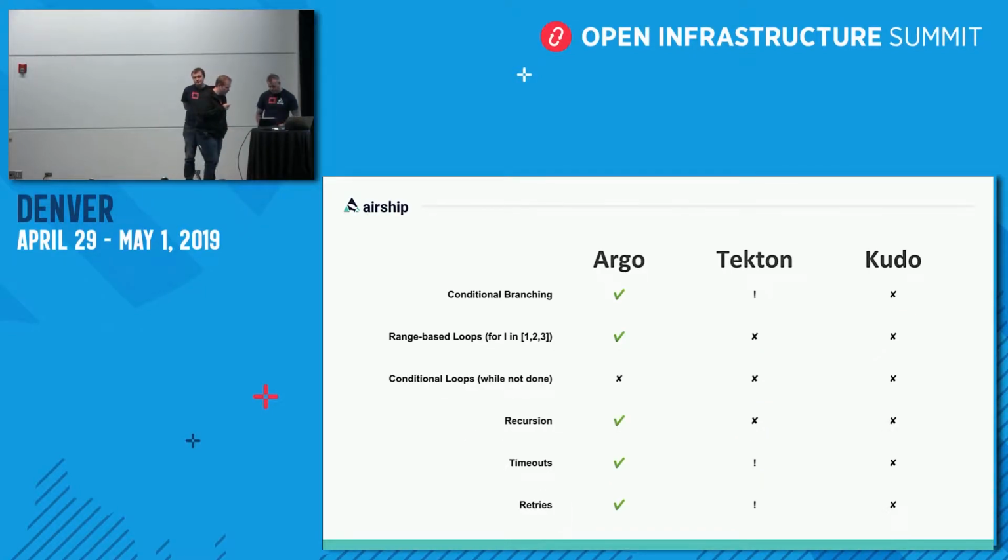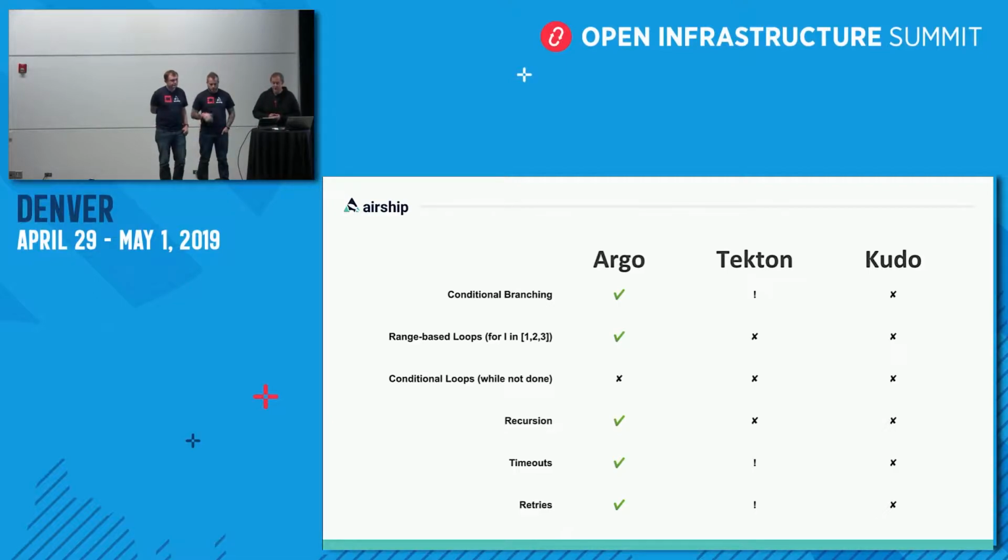So in this slide, we're going to introduce a new icon, which is the bang that you see up there. It's effectively not that it's not supported, but that it is on the project's roadmap. So we wanted to be fair to the future things that are being planned and are directly on that component's roadmap. So these items all fit into a particular bucket, and the perspective here is whether this workflow engine is capable of handling the needs of operations type folks leveraging the workflows that are coming out of development.